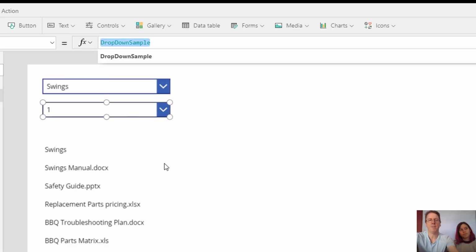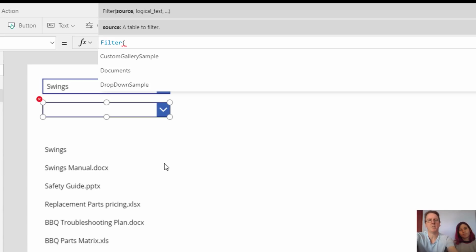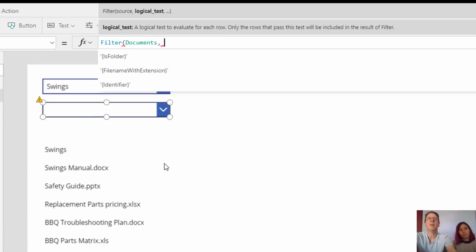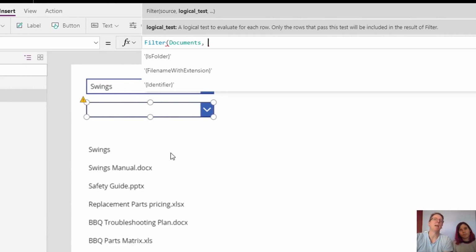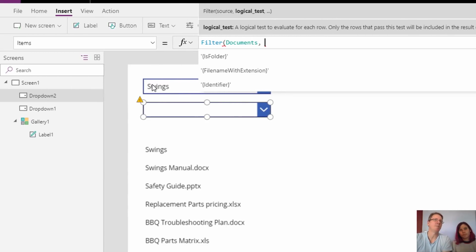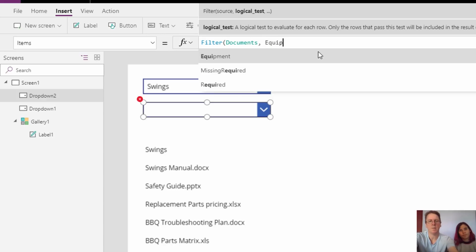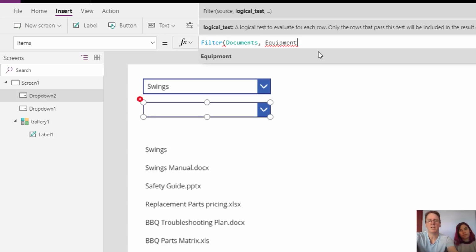I'm going to go filter, and I'm going to basically filter the documents library. All right, there's our data source. But this time I want to filter it with whatever is typed into this drop-down here, which is currently called drop-down 1. Remember the name of that drop-down. So I'm going to filter where the equipment column is equal to